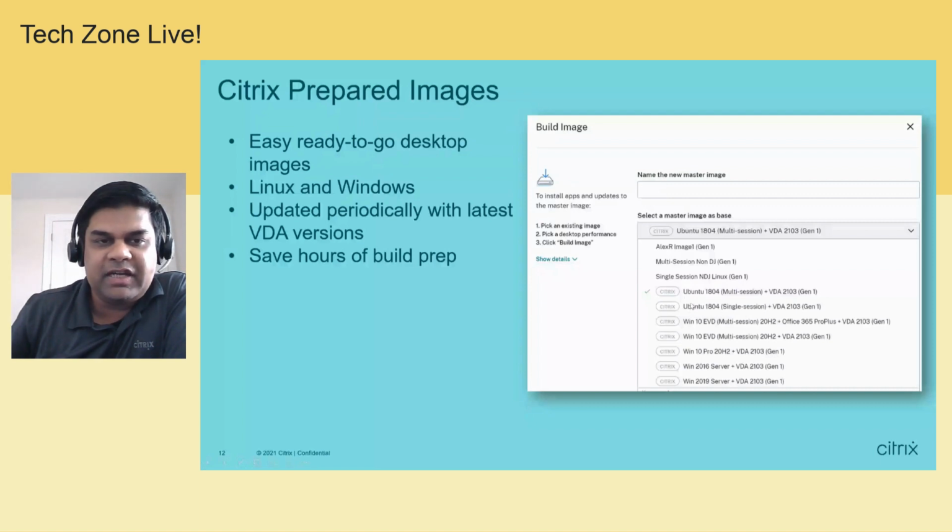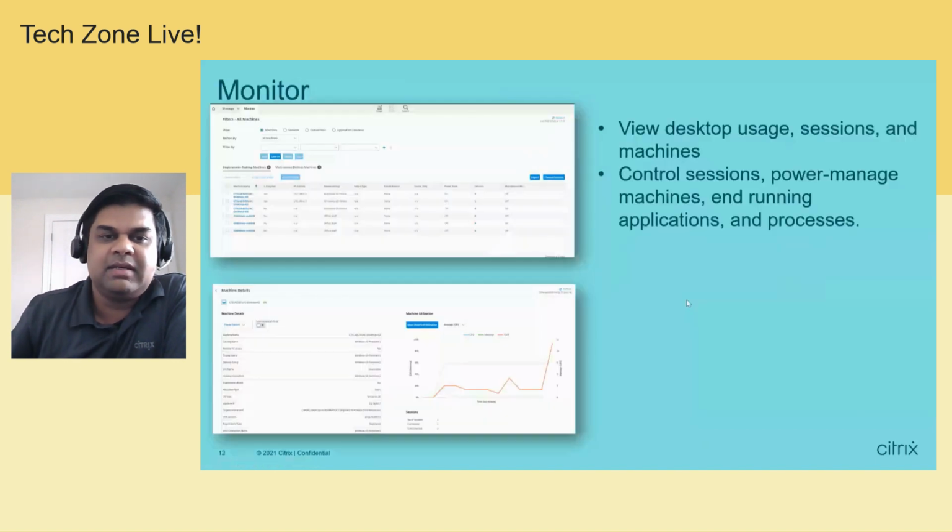The monitoring dashboard has been improved as well with the CVAT standard. We give you more capabilities. We have done machine utilization, and the dashboard capabilities that both advanced and premium have are also now available. We have also introduced app and desktop probing because in the cloud, reliability of your site is of utmost importance. So we want to give you the tools to make sure that you know that all the components are healthy and you can react quickly if something goes bad, with the alerts.